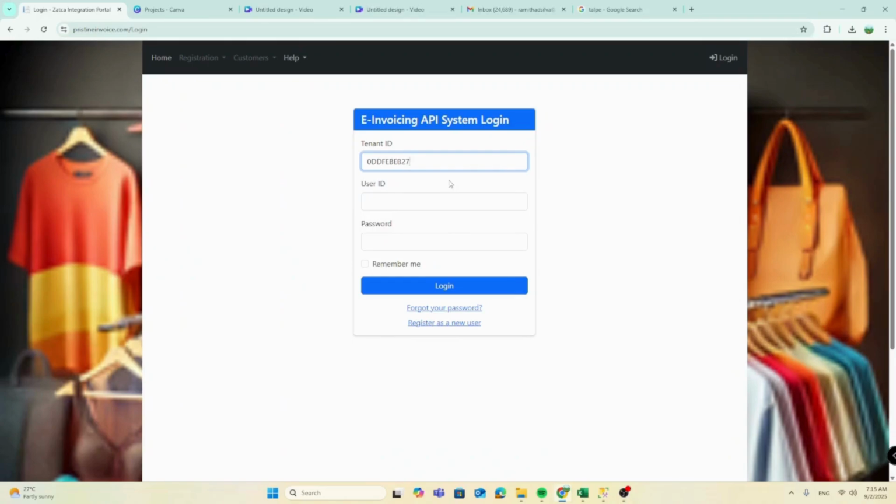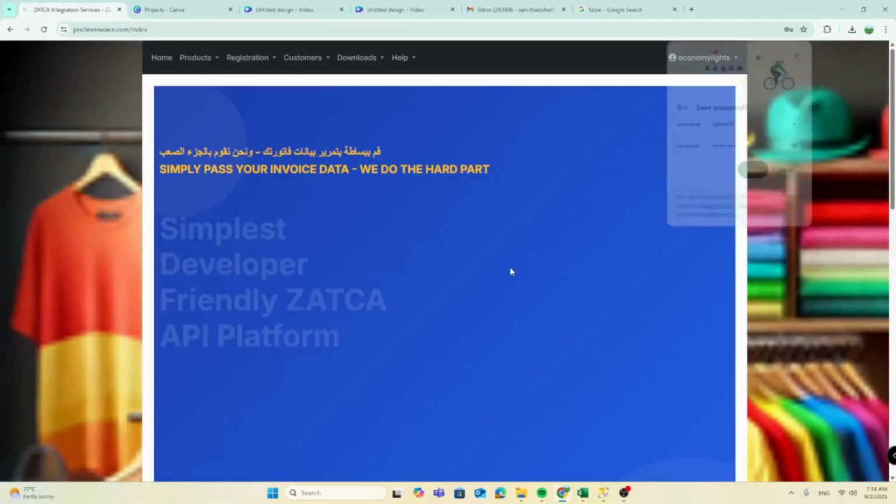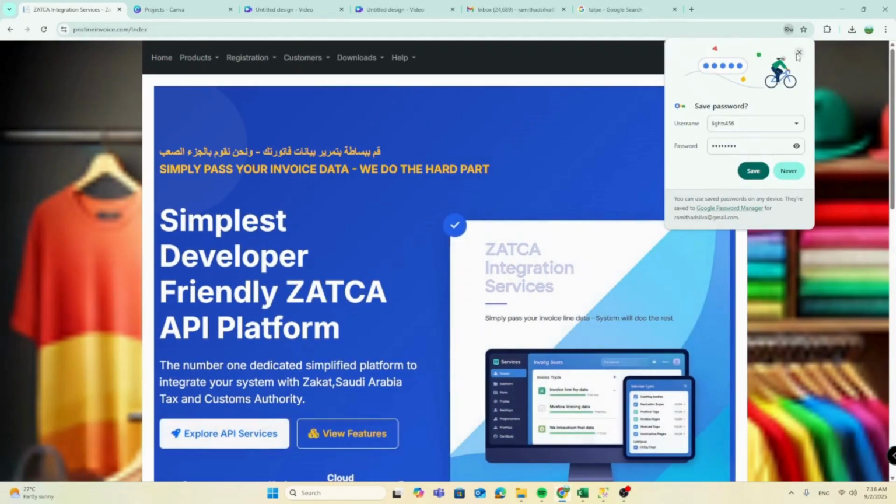Once you register or sign up into the system, you will receive a tenant ID, as I said in a previous video, and you need to type your login ID. Here I selected lights 456 and my password, and I will log into the system. Once logged in,